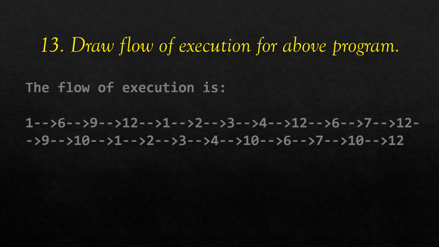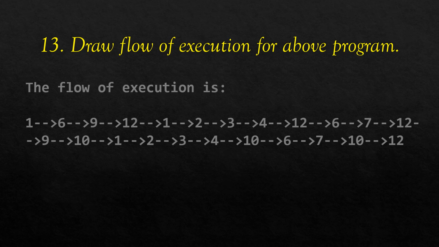So it will again go to line number 1, and the sum function is executed by executing line numbers 1, 2, 3 and 4. Then it will again come back to line number 12. The next function to be executed is the length function. So it will go to line number 6 where the length function is defined and will execute line numbers 6 and 7, and again come back to line number 12. Here, the next function to be called is the mean function, which is defined in line number 9. So it will go to line number 9, and lines 9 and 10 will be executed.